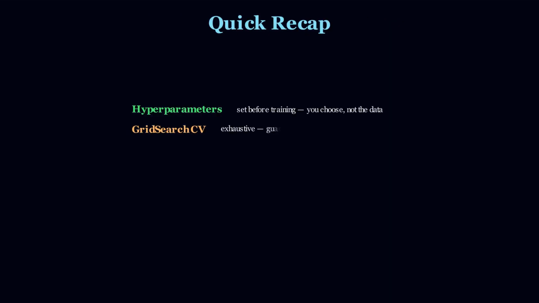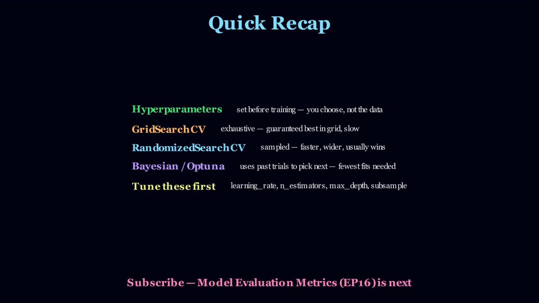Let's lock in what we covered. Hyperparameters are set before training. Parameters are learned from data. GridSearchCV: exhaustive, guaranteed, slow. RandomizedSearchCV: sampled, fast. Random search usually wins at scale. Optuna refines it even further. Tune learning_rate, n_estimators, max_depth, and